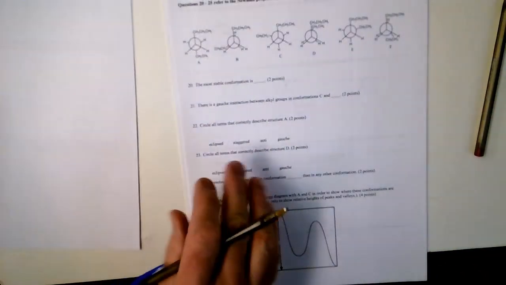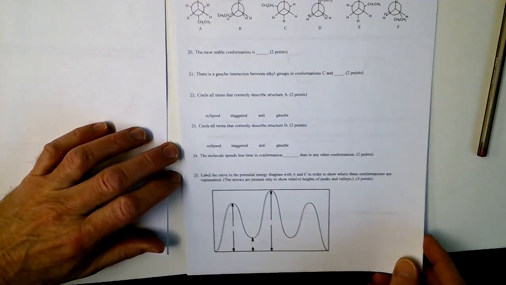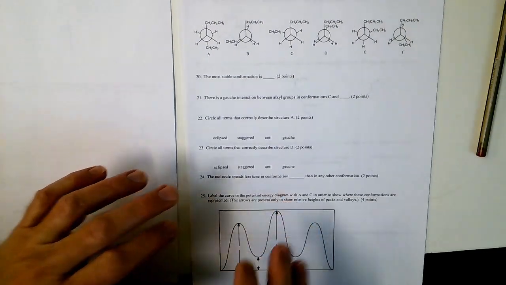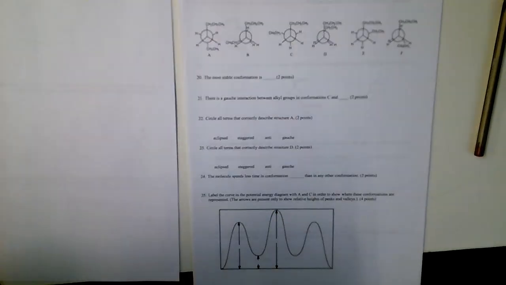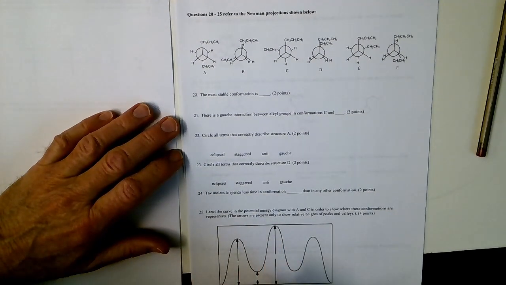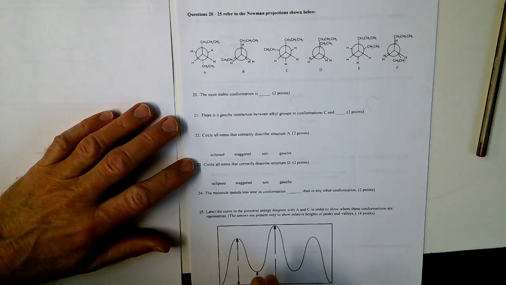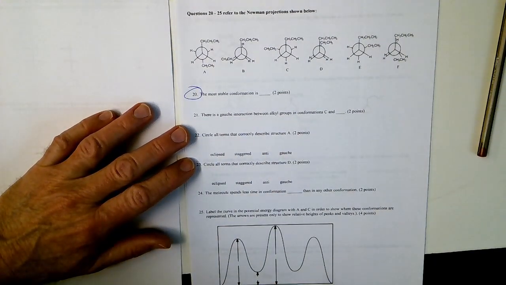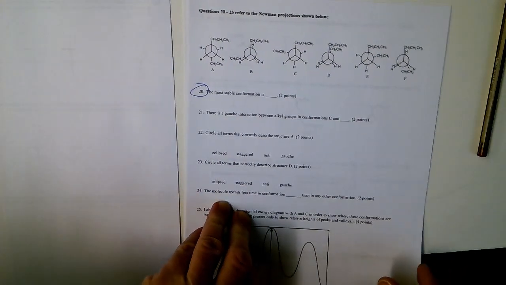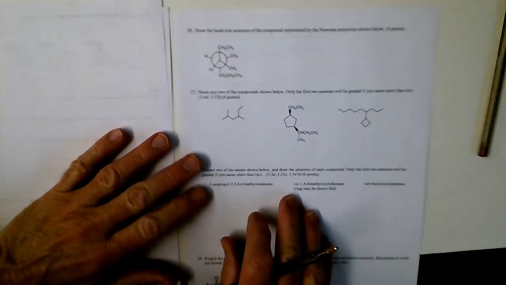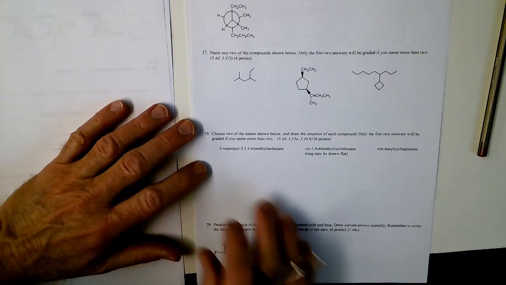Next page is 20 to 25. And that's a little cluster of questions that are all kind of tied to the same spot. Can we do 20? Yeah. We can do others if we get time. Let's take a look when we're on that page, just to make sure that we get kind of even coverage here. Next page, 26 to 29.